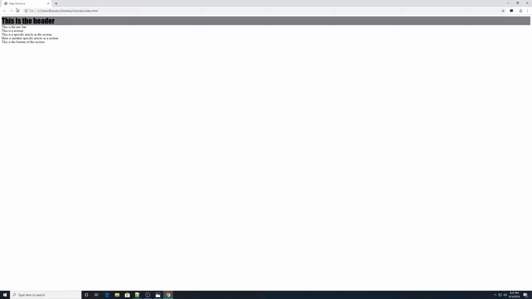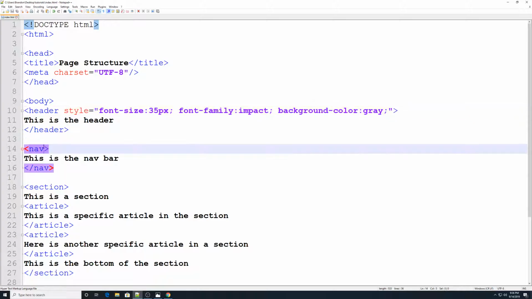Okay, then up here, those styles are only affecting the things in the header tag. Nothing below it. So we got that there. Well done. Alright, so now we're going to the nav, and we're going to add a style to the